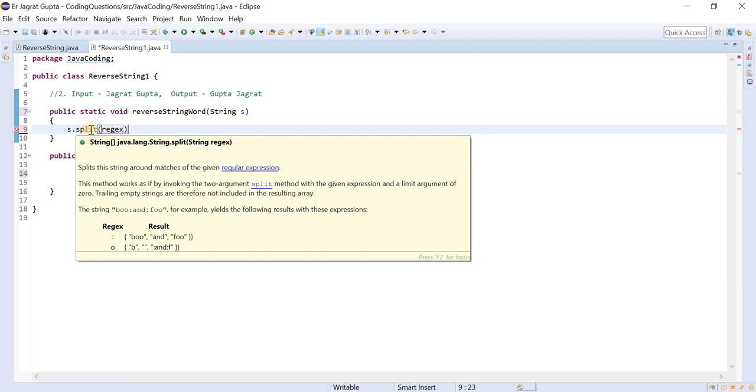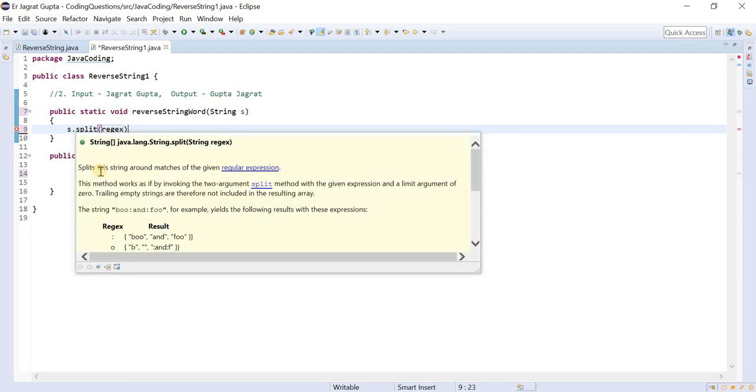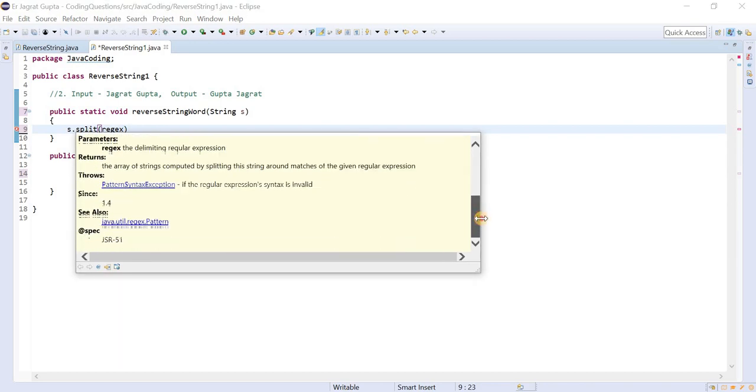You can see that it splits the string around matches of the given regular expression. And what will it return? It will return the array of strings computed by splitting this string around matches of the given regular expression.